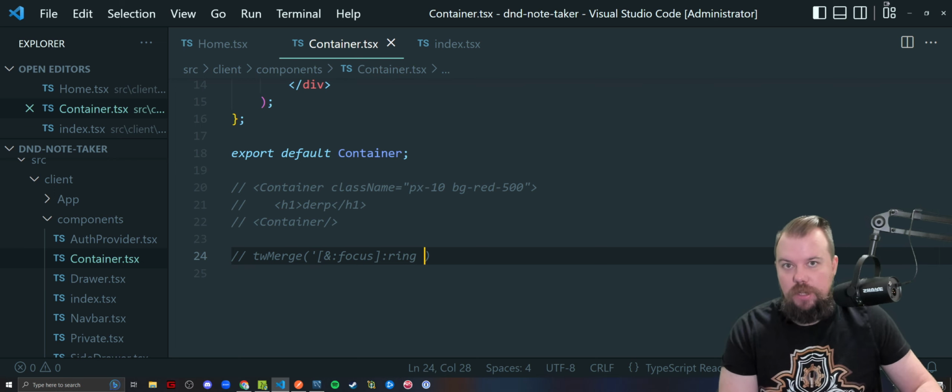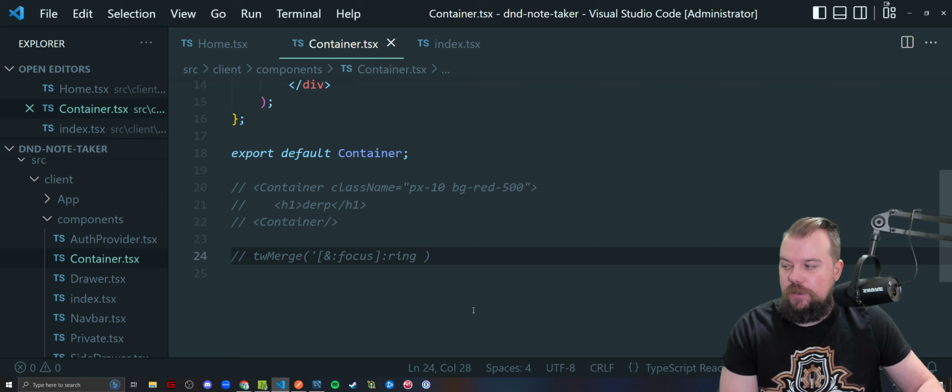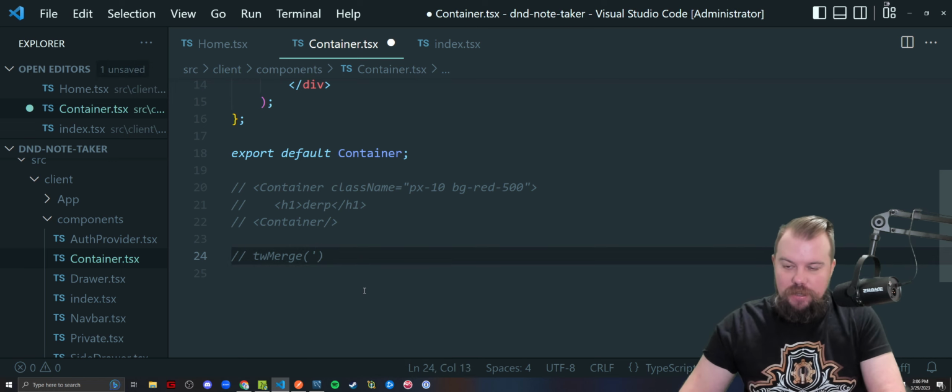It does support the important modifier, the good old exclamation point, just to make sure if we're wondering why it won't do anything. It'll preserve non-Tailwind classes, so it doesn't just purge class names that you've written yourself if you had to write some custom ones. It'll ignore falsy values, which is really cool. And it also supports arrays and nested arrays. That's something I've found to be really cool about it, where you can have like